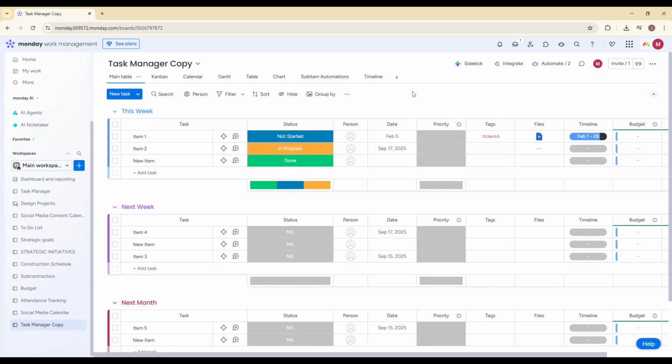As you can see, it's a simple process, but understanding the duplication options helps you avoid mistakes and saves you